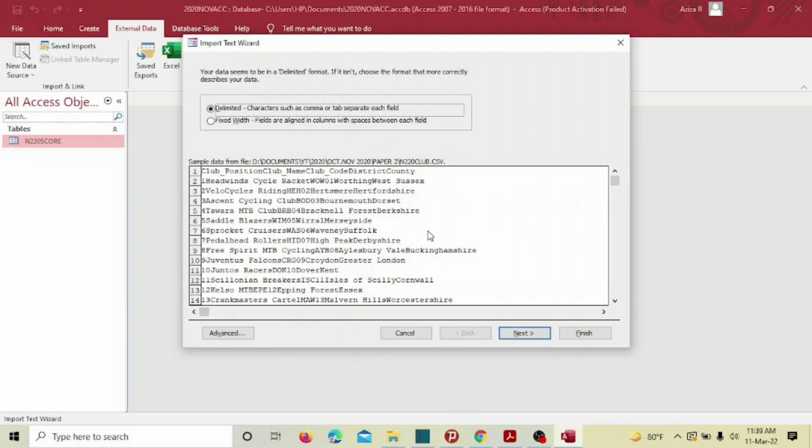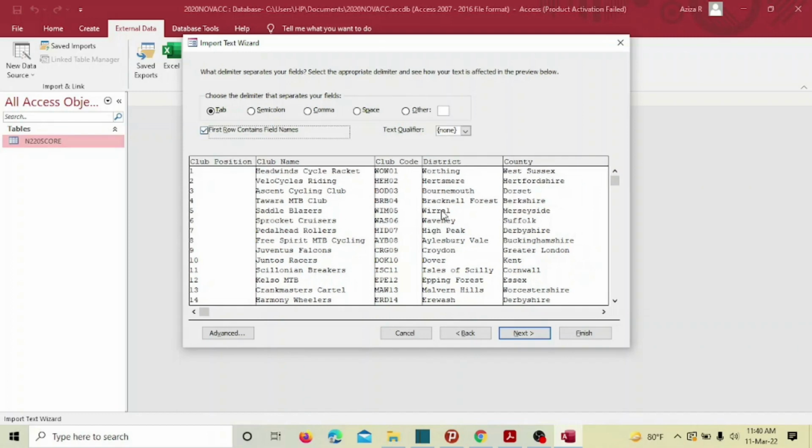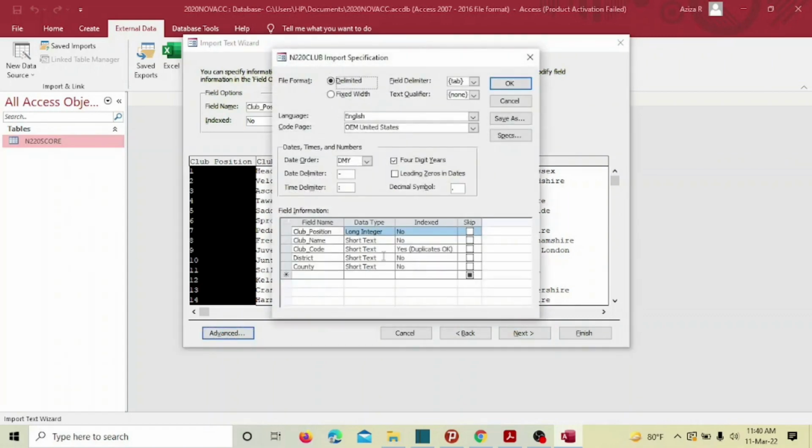but there is no comma at all. You see there? I think single column it is. Oh, there are so many columns, but there is no. Okay, first row contains field names, and next we'll see once how the data is taken in under data types. Clap position, long integer, we can just take an integer. Clap name, clap code. Clap code is a short text over here,